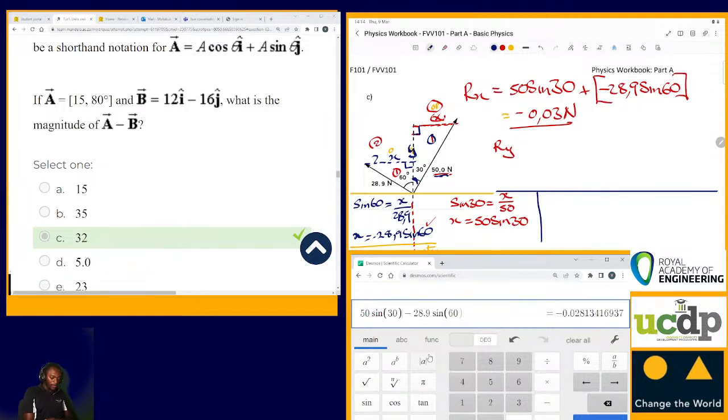So this is going to be cos 30, and the adjacent is y over the hypotenuse 50. So y is equals to 50 cos 30, plus